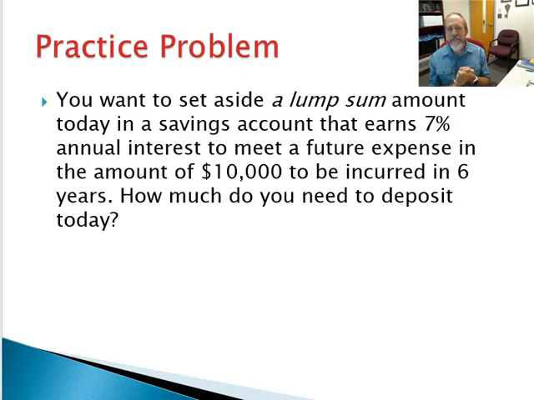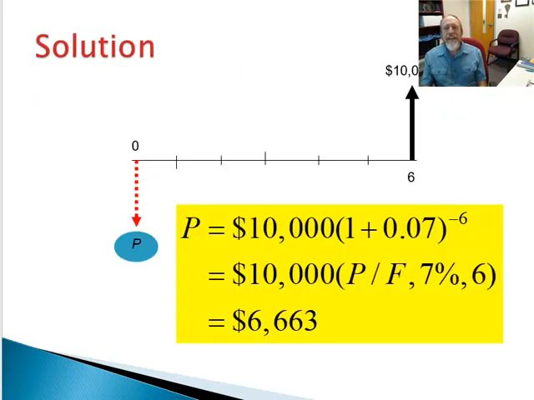Now, another problem: you want to set aside a lump sum today. I need some money to go to college 10 years from now. My children will be going to college. That's a future value. I'm going to put that money aside right now. How much do you need to put in right now? More than likely you're not going to put it all in as a lump sum, but let's just pretend. Again, back to the same equation, and you can easily calculate, remember, P equals F times (1 plus i) to the negative n, boom,